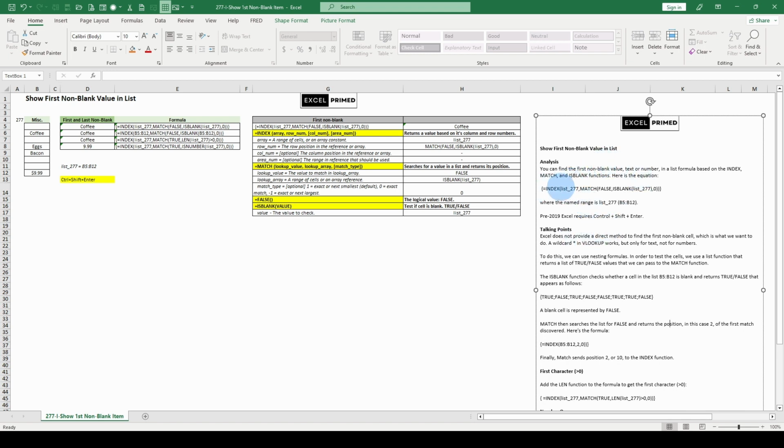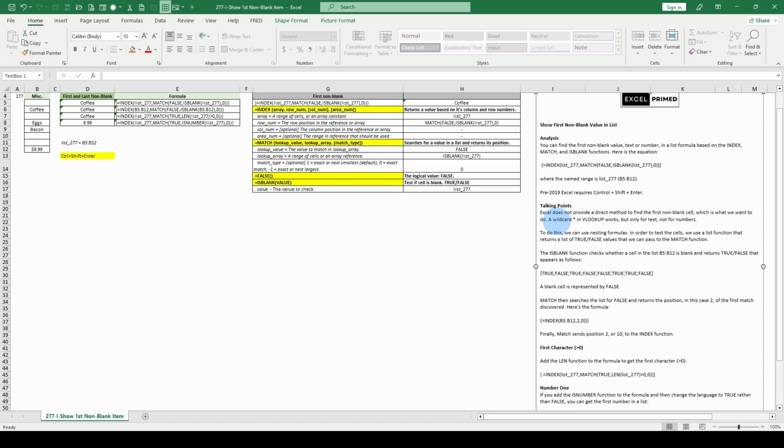Here, INDEX, lists, MATCH, FALSE, ISBLANK, where the name range is. Here's our name range. Pre-2019 Excel requires Control-Shift-Enter for those of you who have not upgraded. I'm using Excel 2021, the actual software. I do not like Excel Online. I don't like Office 365. Your choice. Talking points: Excel does not provide a direct method to find the first non-blank cell,